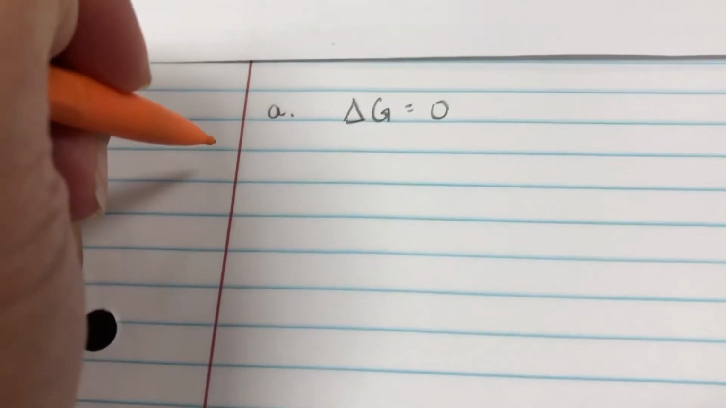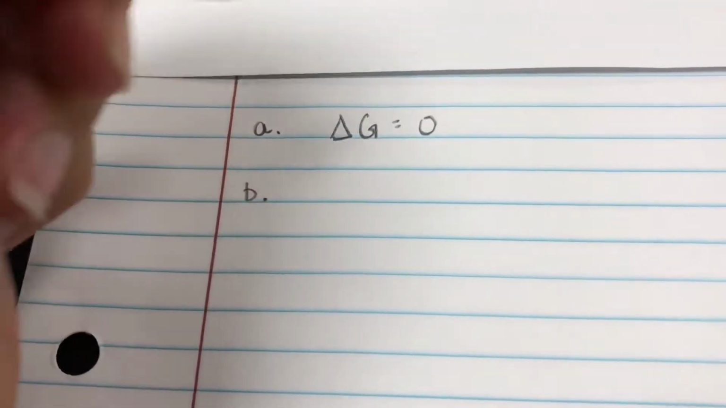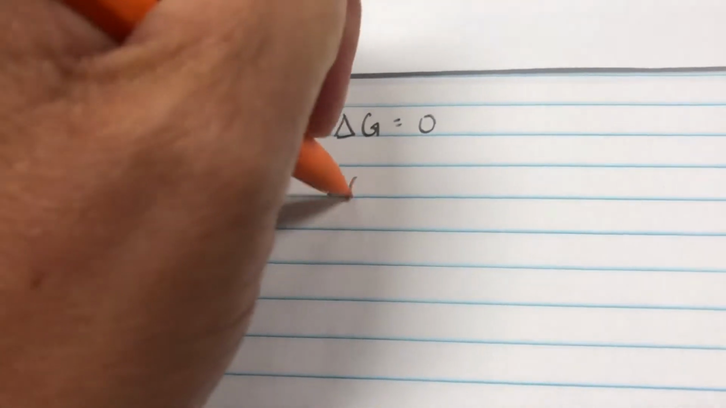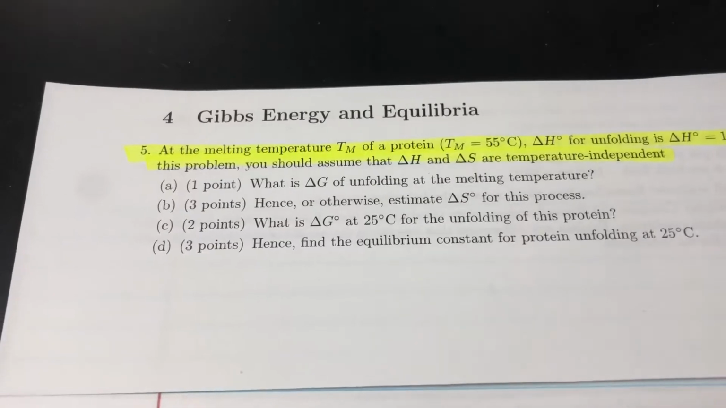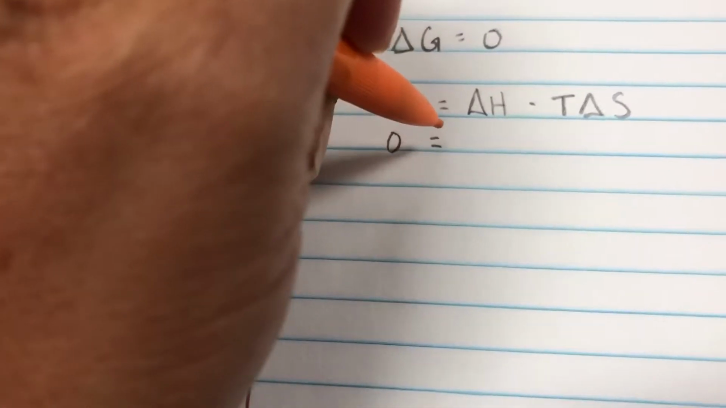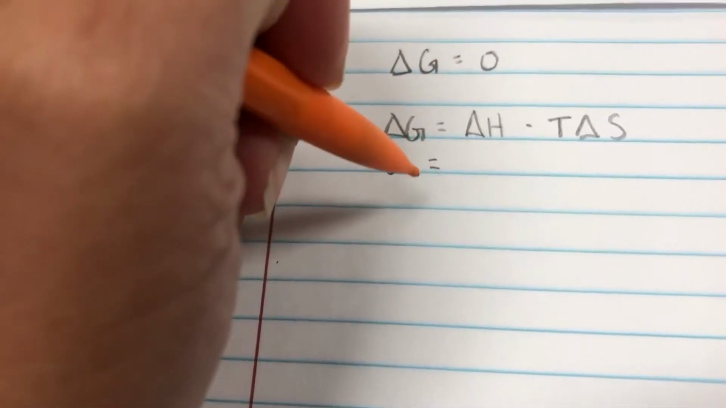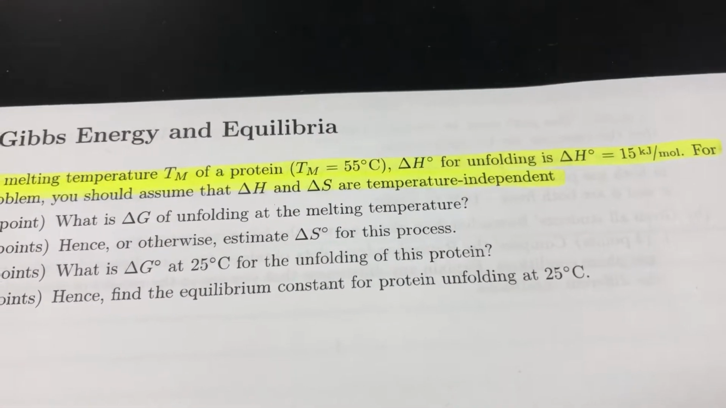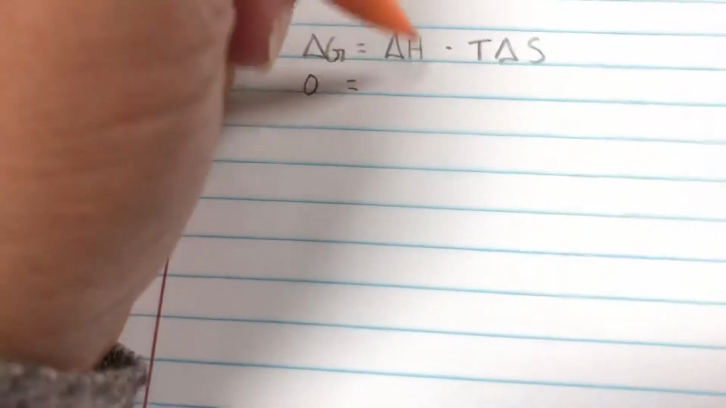For part B, we are going to estimate the delta S for this process. So delta G equals delta H minus T delta S. And then what we're going to do is use the information in the problem and plug it into the equation that we have here. So we already know that delta G equals 0. And from the problem, we know that delta H is 15 kilojoules per mole. We need to go into joules, so we're going to write that as